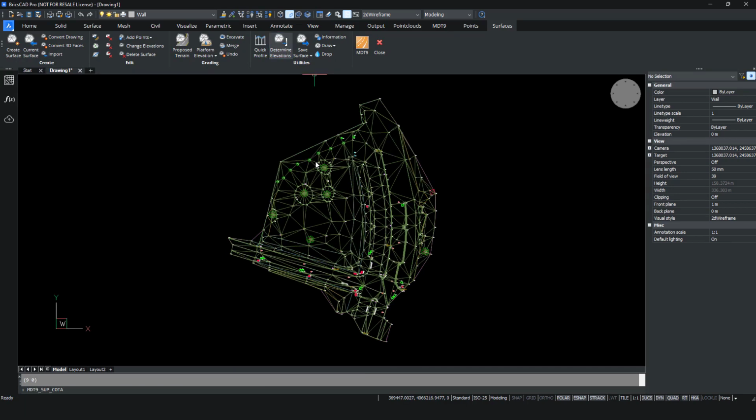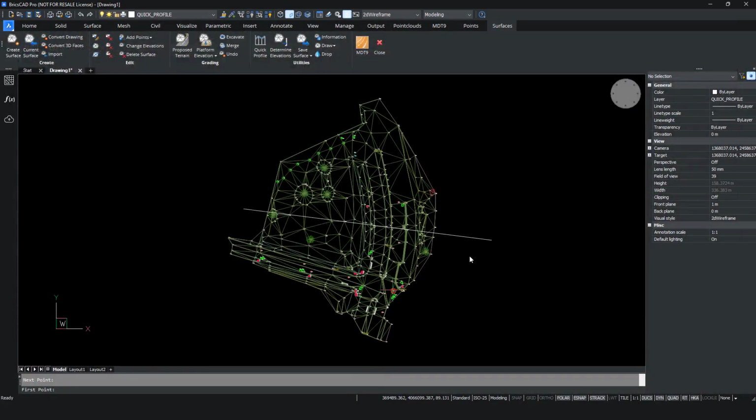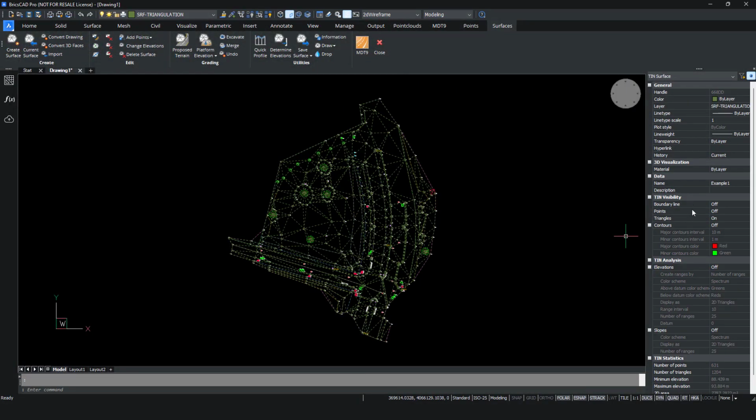As you can see, it's a TIN, and we can determine now the values of any points and include even the accuracy of all values in the triangulation. And also we can get a quick profile, as you have seen. This is a surface,